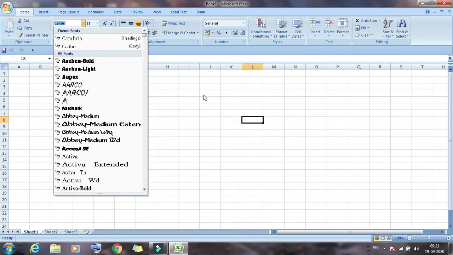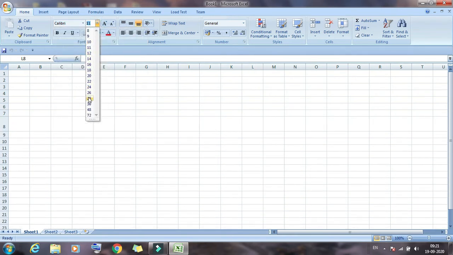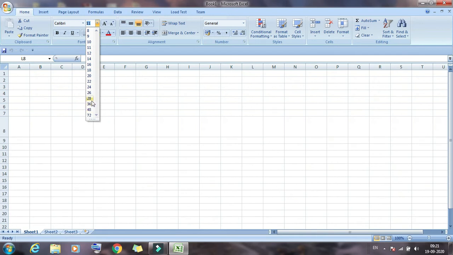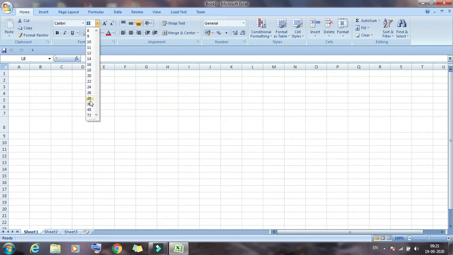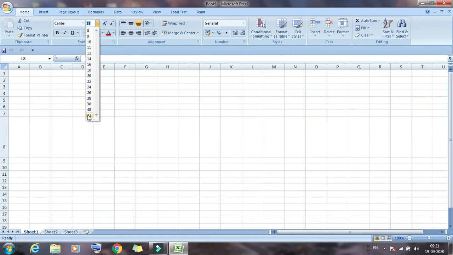Suppose you want to increase the size, here is the increase size option. Simply select the size, and the font size will increase. Suppose you select the size 72, then the row 8 height automatically increases, because this is the active cell, so the row and column increase.